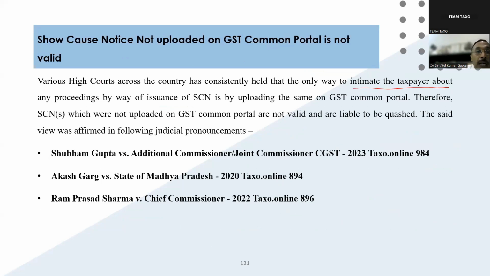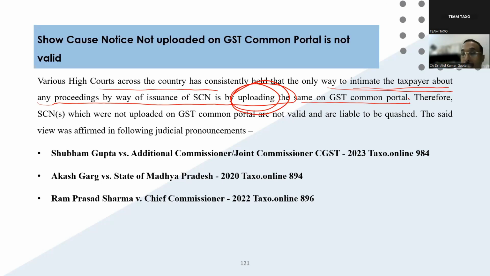across the country, the only way to intimate the taxpayer about the proceeding is by issue of show cause notice and uploading the same. If you are getting the show cause notice through email, that is not a valid notice. It has to be uploaded on the portal, and then only the show cause notice will be a valid